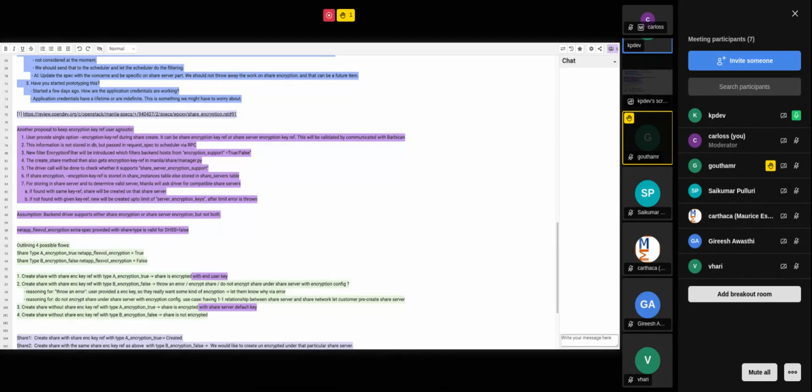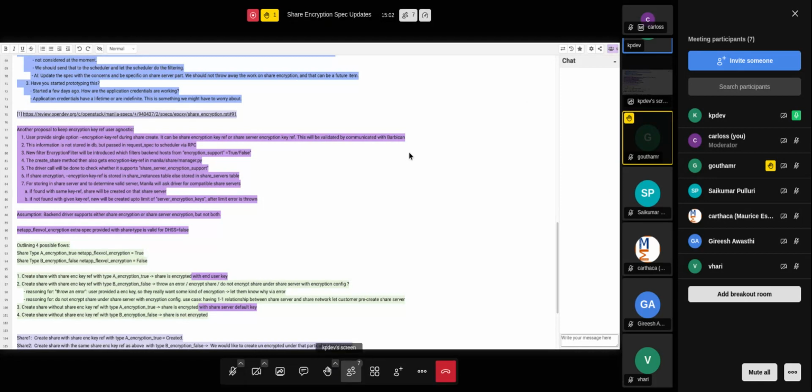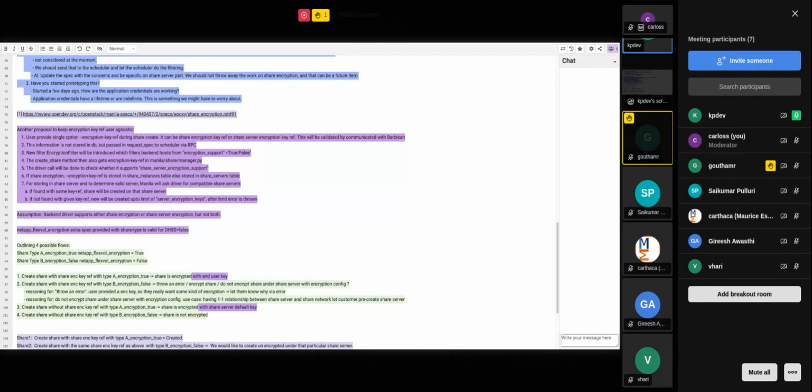And while creating the share, the backend driver will have the information that this share is created under a particular share server, which has the encryption key. So it will accordingly create the share under that encrypted share server. So the second scenario in this case is that if we ask the driver for a compatible share server and it doesn't find anything, then we will get an exception or null. In either case, we will check for the quota. And as I described earlier, in this case,